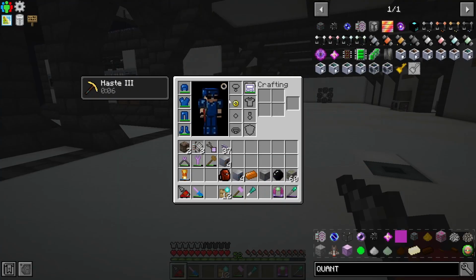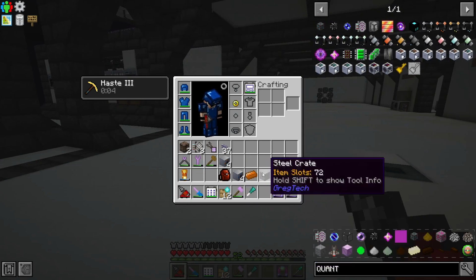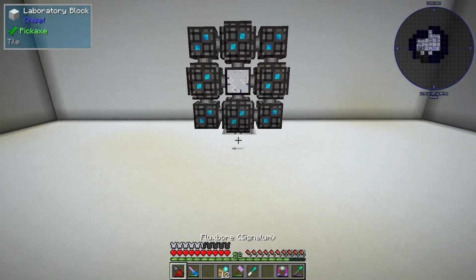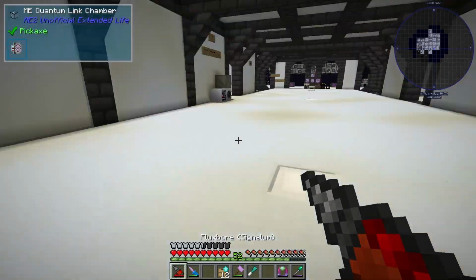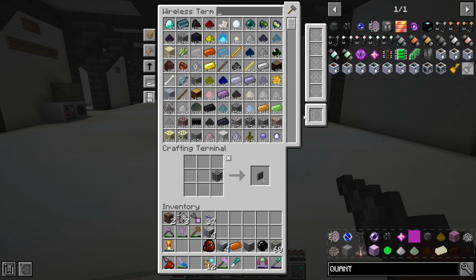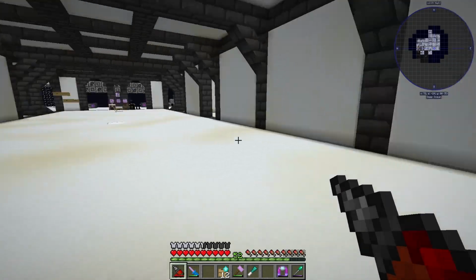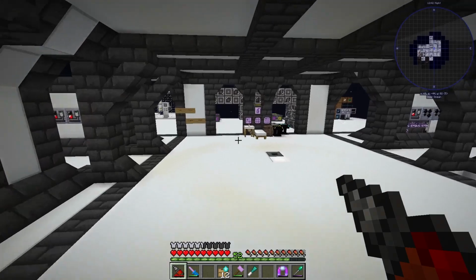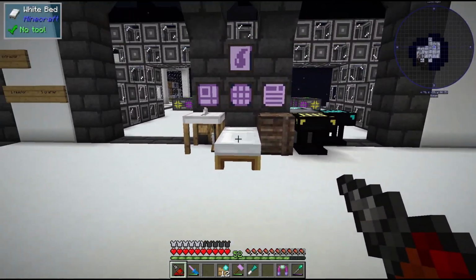And the link card you need to put into the quantum ring and connect it up to the AE system, like so. There is also a slot here, but you don't put it in there. That doesn't work. You need to put it into a quantum ring for it to work. So now you know how I